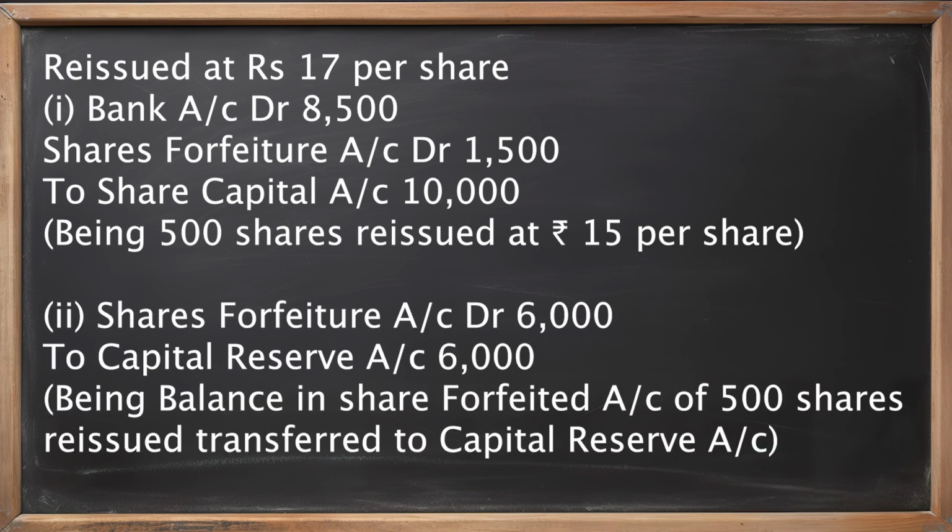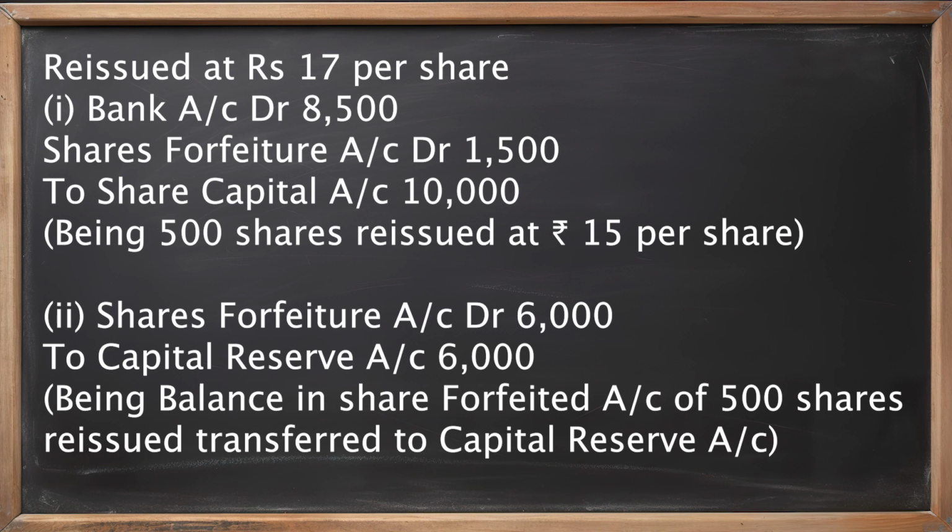It is share forfeiture account debited rupees 6,000, that is 500 shares multiplied by rupees 12. This rupees 12 is calculated by rupees 15 on forfeiture minus rupees 3, that is loss on reissue, to capital reserve account rupees 6,000. The narration is being balance in the share forfeiture account of 500 shares reissued transferred to